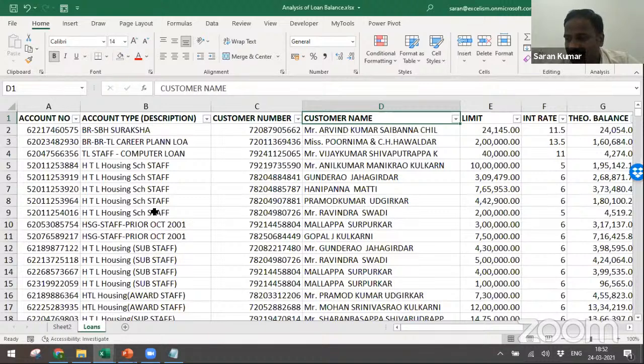Otherwise, the customer name is also important when there is a loan with respect to the CC, when there is a loan for a partnership firm. If partners have also taken a loan in the same bank, generally they have a good relationship with one bank, so all the facilities they take from the same bank. So when there is a firm taking the facility and also there are partners who have taken another facility, there are more chances of a transaction among these 4 accounts. So you can take partners' accounts, you can take the company account. Is there any intra transaction happening? You can just do some analysis on this and you can comment if the irregularity is very serious.